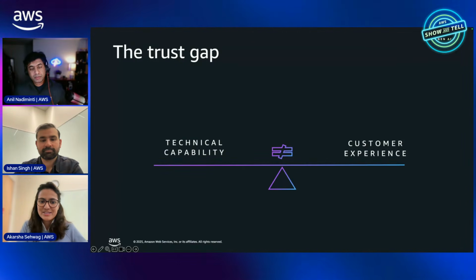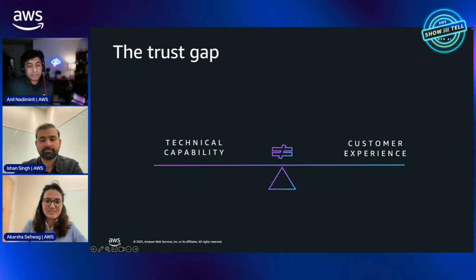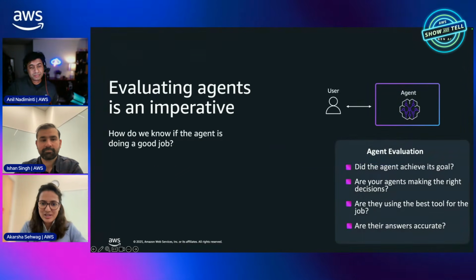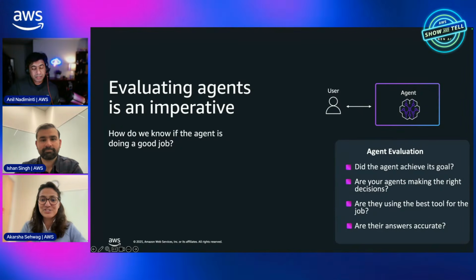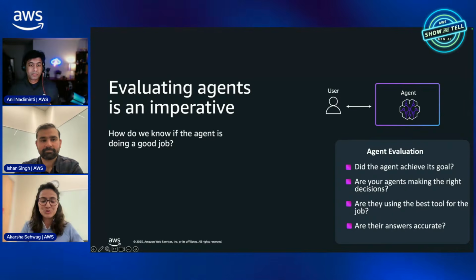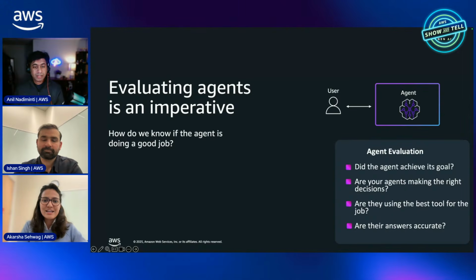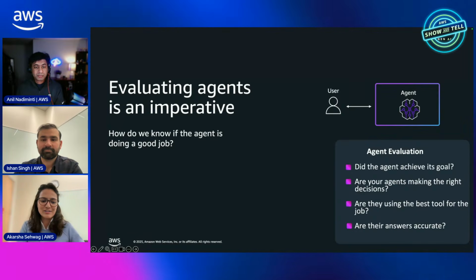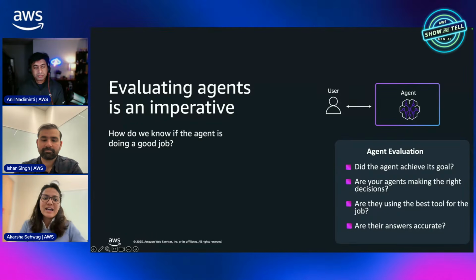A big part of building that consumer experience is to be able to trust our new, let's say, digital workforce that we are creating with these agents to do this job correctly. And for a fact, agents are non-deterministic by nature, right? Which means we are allowing them to act autonomously. And one way we can build these agents